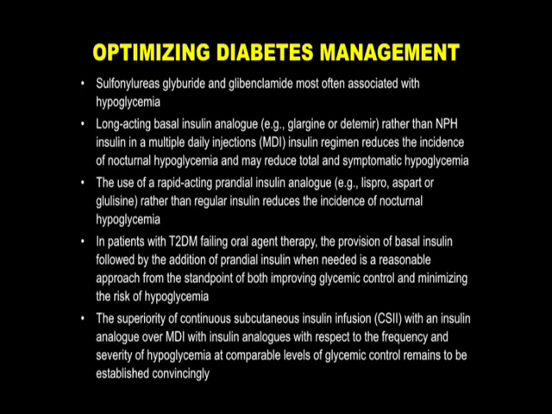In patients who have type 2 diabetes who have failed oral therapy, coming back to one of the earlier questions, obviously the next step would be to add a basal insulin and to avoid the addition of rapid-acting insulins or mixed insulins, as long as you can keep their A1C less than 7% on a mixture of oral agents and basal insulin. But obviously, when you're constrained, that's not always the easiest thing to do. And then for patients with type 1 diabetes, looking at insulin pump versus injections, there has not been shown to be a benefit in prevention of hypoglycemia.